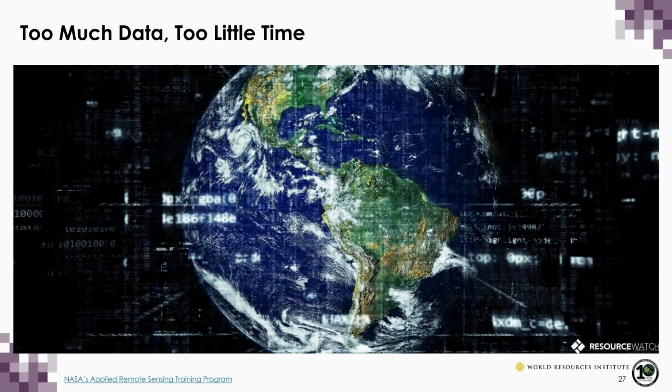Just to give you some background, ResourceWatch was created a little over a year ago as a partnership between WRI and 30 global organizations with a shared mission to use open data to change the world. As I'm sure many of you are aware, when you try to find data relevant to your work, there are often hundreds of different options out there for the data that you're looking for. There's been this big push to create new sources of data from satellites or crowdsourcing tools, and some of these data sets are inaccessible because you have to pay for them, or they might be shared without clear methodology, so you don't know if it's trustworthy.